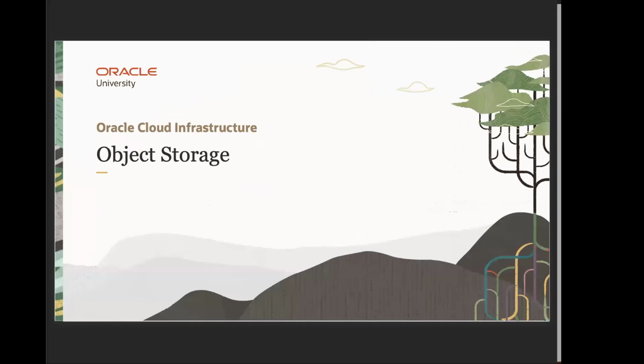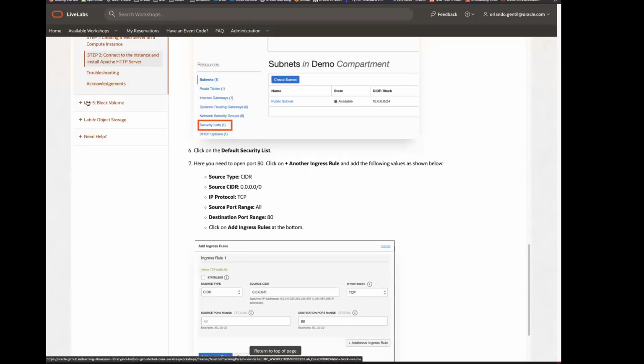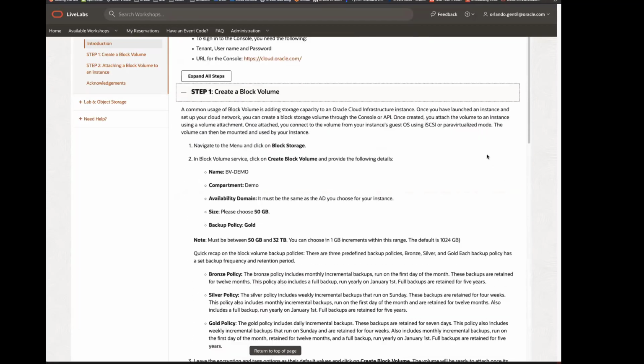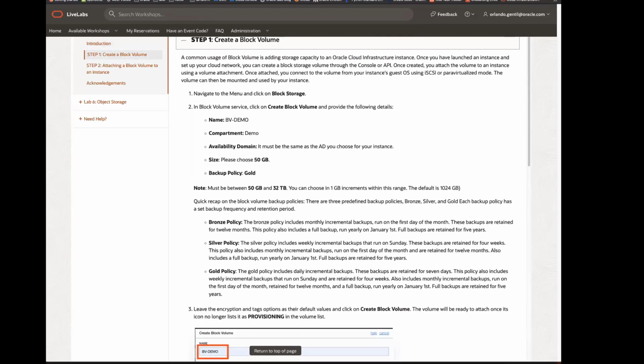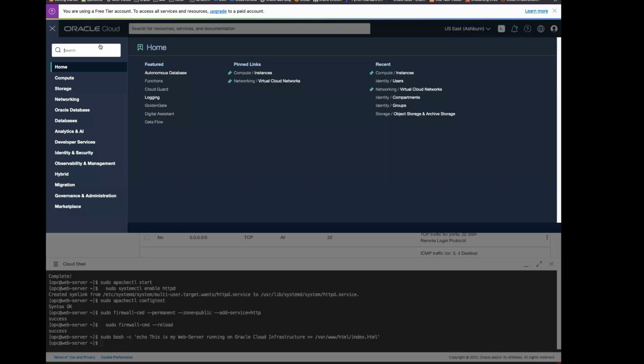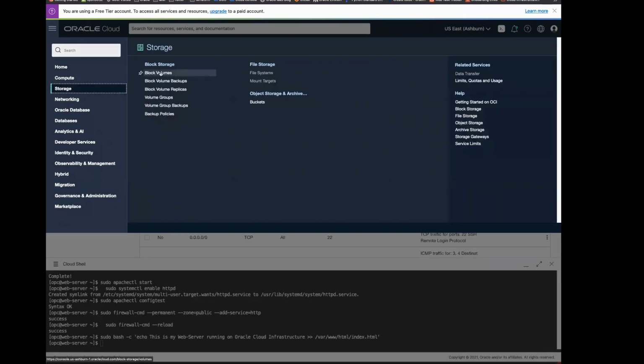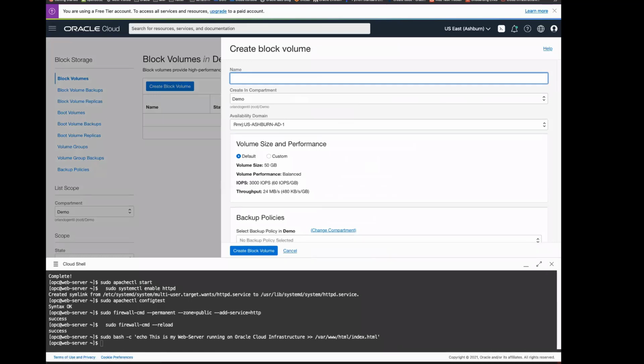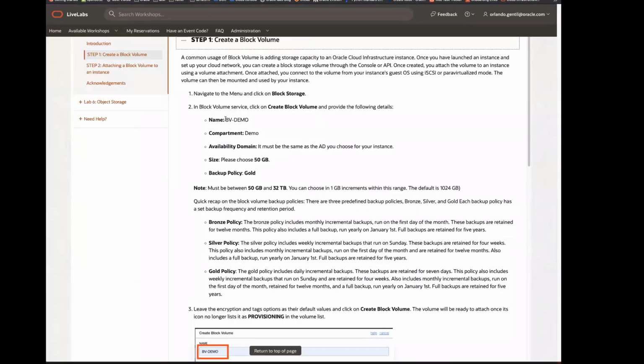Let's take a look at how to create a block volume. Let's go to Lab 5. Navigation menu, storage, block volume. The same way that instances are tied to the availability domain, block volumes are the same way. So when you create a block volume, if you want to attach it to a particular instance,